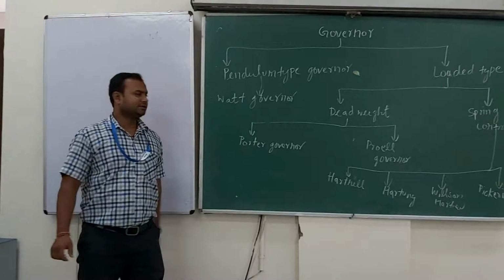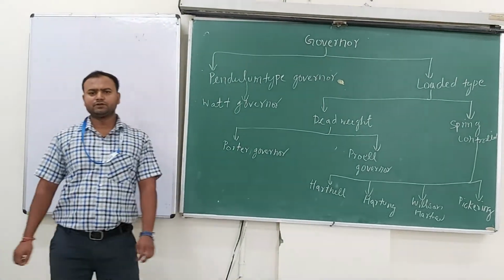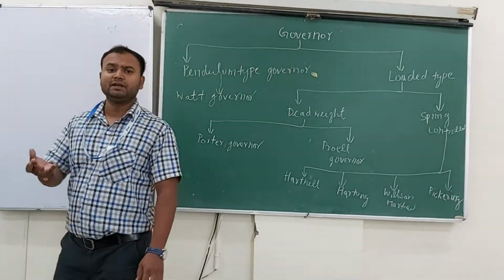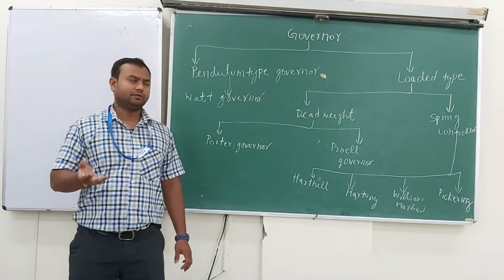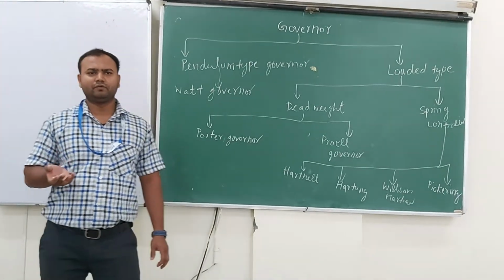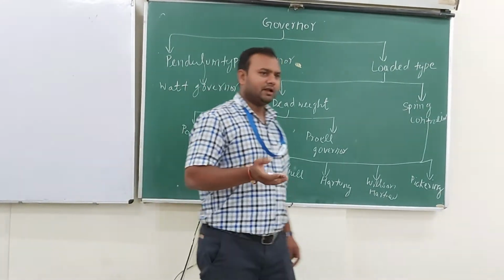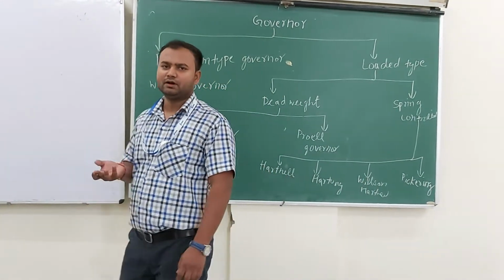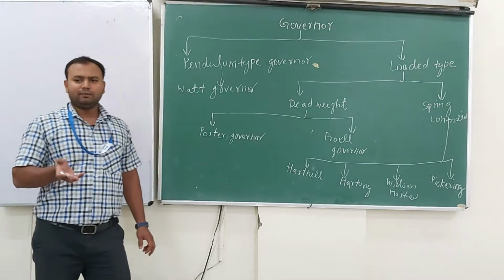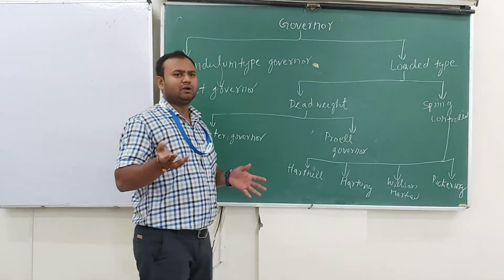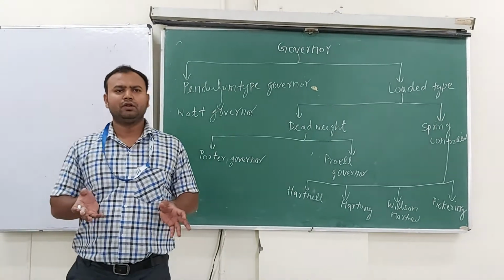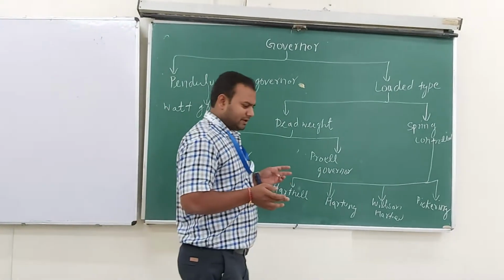So first we study the governor. The basic function of a governor is to regulate the mean speed of an engine. What is mean speed? Mean speed is an equilibrium speed, at which the load does not vary. We use two kinds of device in an IC engine: governor and flywheel. Flywheel is a reservoir, but governor is not a reservoir. We use the flywheel to control fluctuation of varying load, and we use the governor for variation of speed, to adjust to our load.